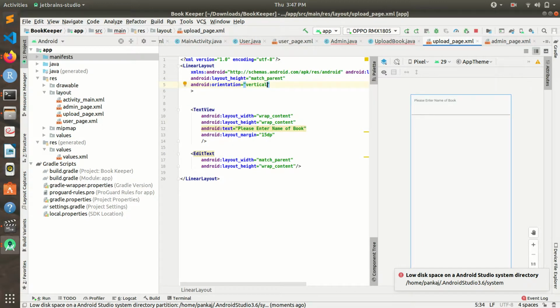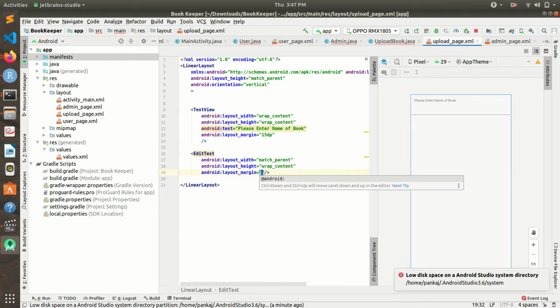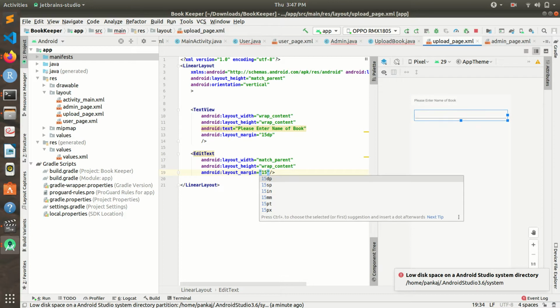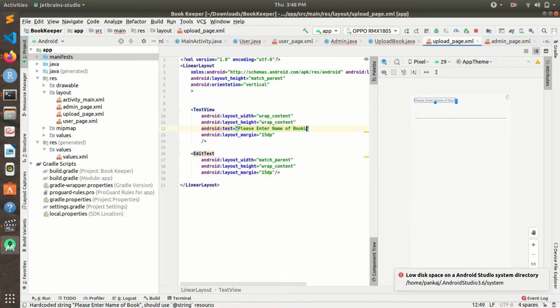Okay, and we will add some margin to it. Okay, so now with this page the admin will be able to insert the name of the book.